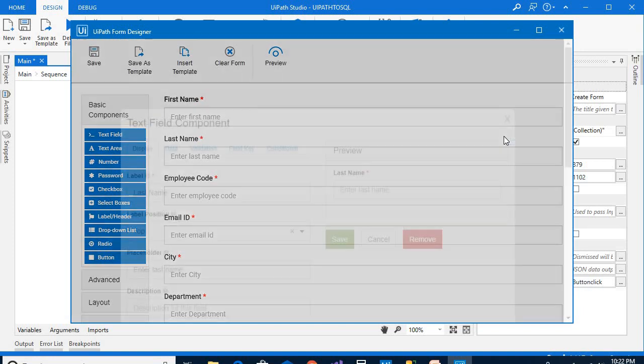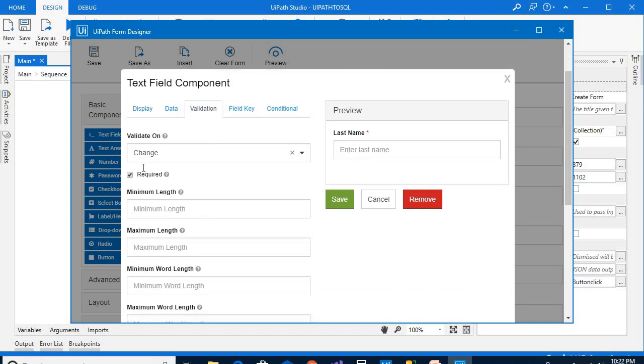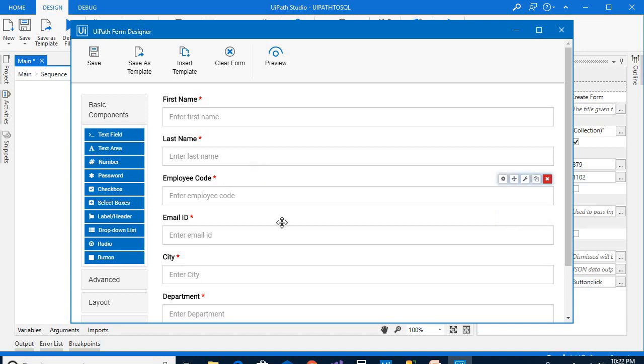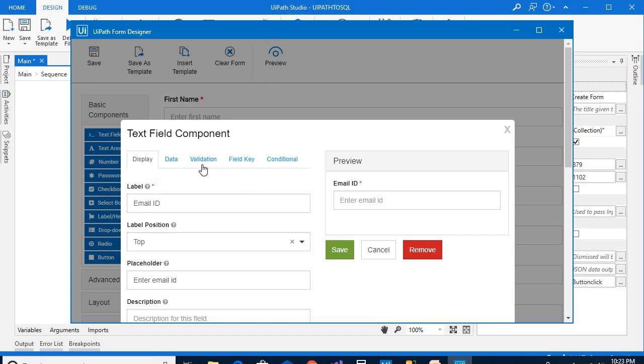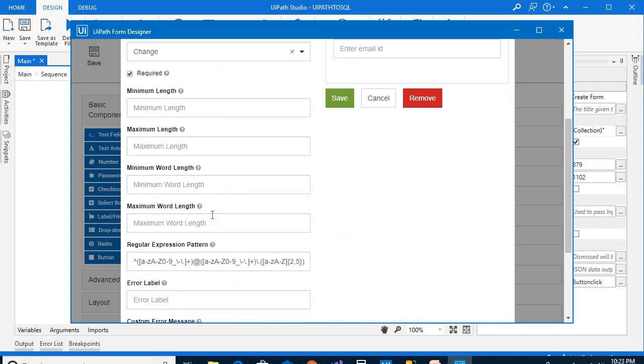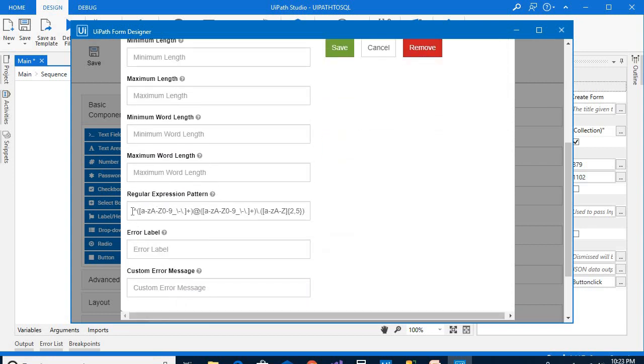Like last name, here also in the validation I have changed this to required. Now in this email ID section I have written a custom validation. If I edit this one, in the validation tab you see the required field is checked, and also in the regular expression pattern I have given this regex pattern for the email ID field, meaning it will take only the email ID pattern.